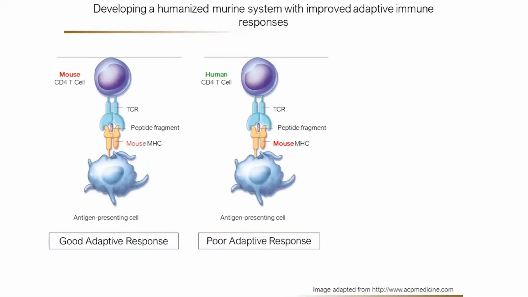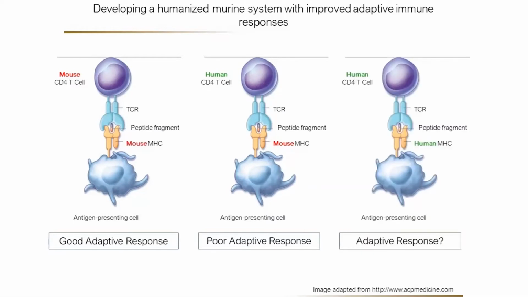And I'm not going to get into the nitty gritty of that, but just so you know that basically you're asking a human T cell to be activated by a cell presenting a peptide on a molecule that it's never really seen before. And so we think that this, at least in part, can explain some of the lack of an effector response. And so really what we aim to do was to ask the question, well, can